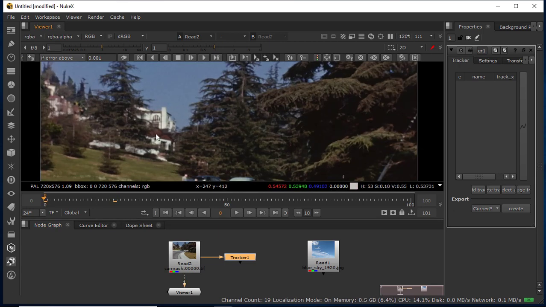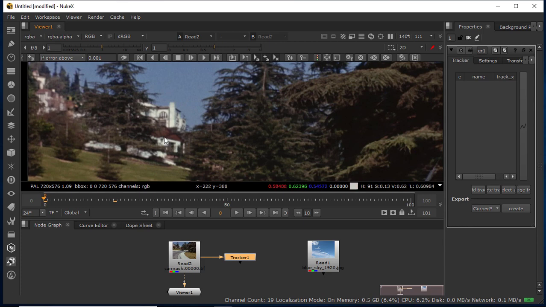Now select any point which you want to track. I am going to track this point. You have to track only one point because there is only a single motion, which is position, and there is no rotation. If there is any 2D rotation, you have to track a minimum of 2 trackers, for position and rotation both.